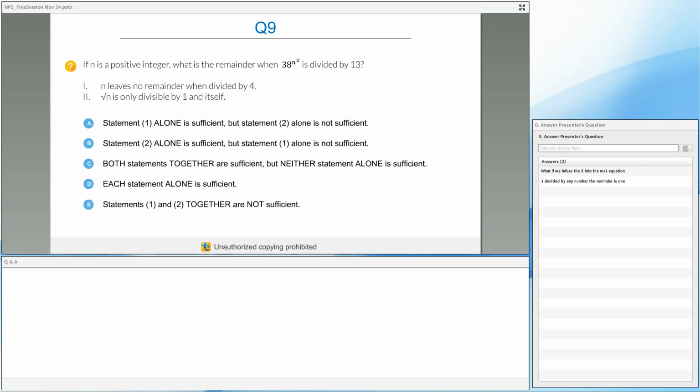As I told you, please ask these questions in the Q&A pod, but even if you infuse 8, you will have to solve (m+1) to the power 8. Now tell me, can you solve (m+1) to the power 8? Do you want to solve it? Do you know what the value of (m+1)^8 will be? You don't, right?